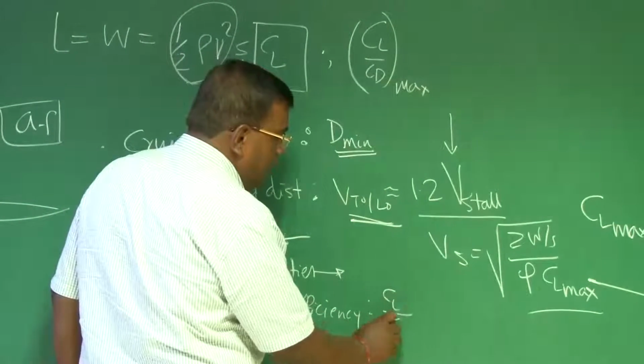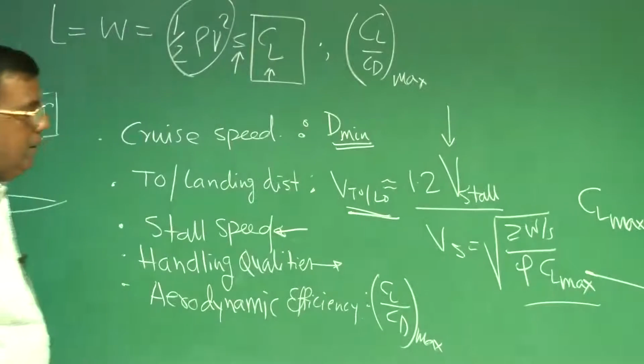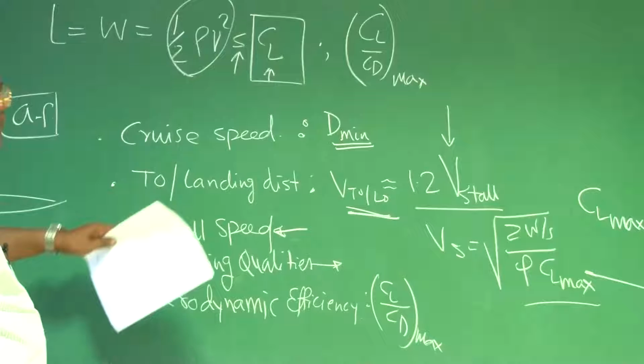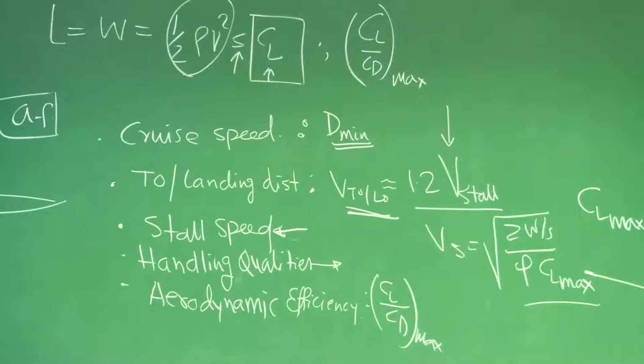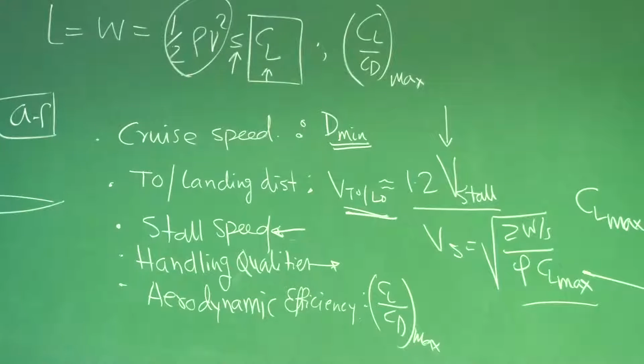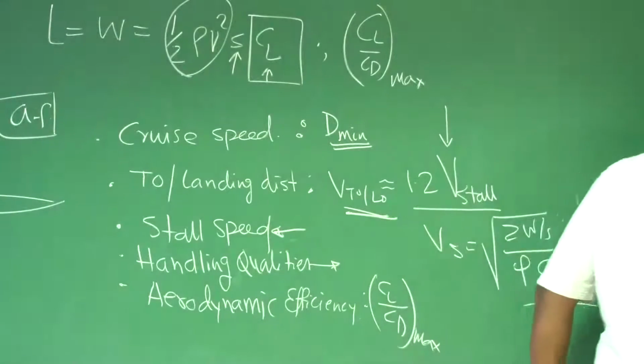I will look for an aerofoil where CL by CD max is what I look for. It should be a higher one, maybe 13, 14, 15, even for gliders, it will be much, much higher, right? If this is from the aerofoil side, what I look for in a design, when I translate this aerofoil into a wing, there is another important parameter which you should